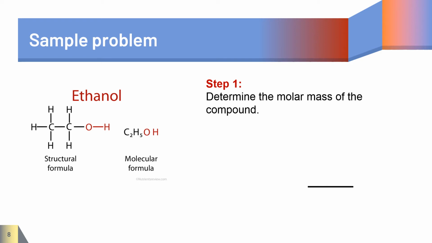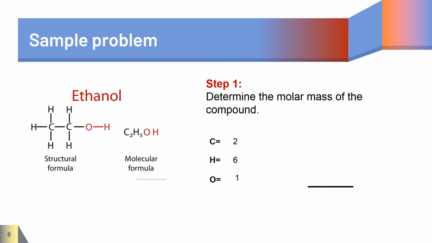Again, our first step is to identify the elements present in our molecular formula. Therefore, these are carbon or C, hydrogen or H, and we also have oxygen or O. Now, the next step is to identify the number of atoms for each element. For carbon, since we have subscript of 2, the number of atoms is 2. Then for hydrogen, since we have subscript of 5 and another hydrogen on the last part, we have a total hydrogen number of 6. And then for oxygen, since there is no subscript written in the molecular formula, it means